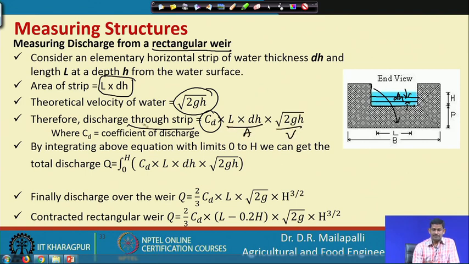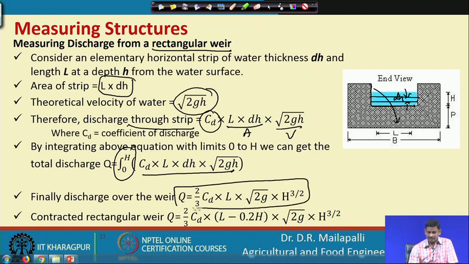So, that will give the discharge through the small element. In order to get the total discharge, you have to integrate the whole equation. If you integrate it, you end up with this equation: Q equals 2 by 3 C_d L square root of 2g into H power 3 by 2. And if you are counting the end contractions for the rectangular weir,